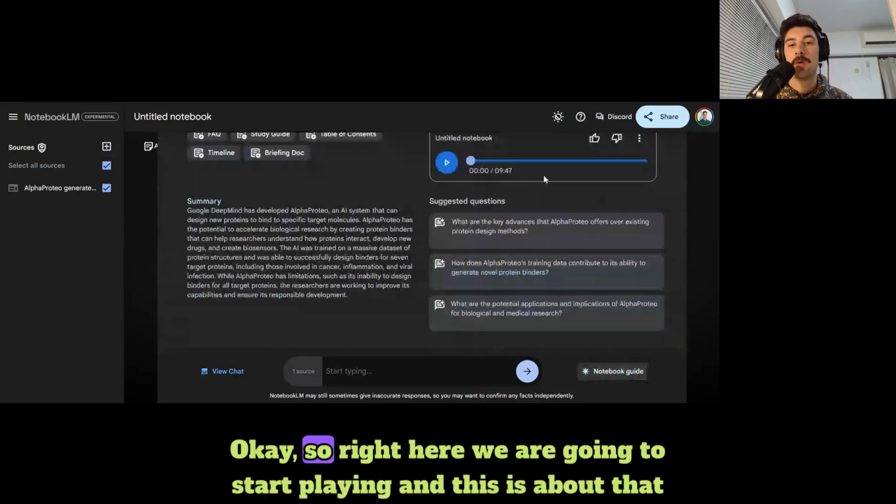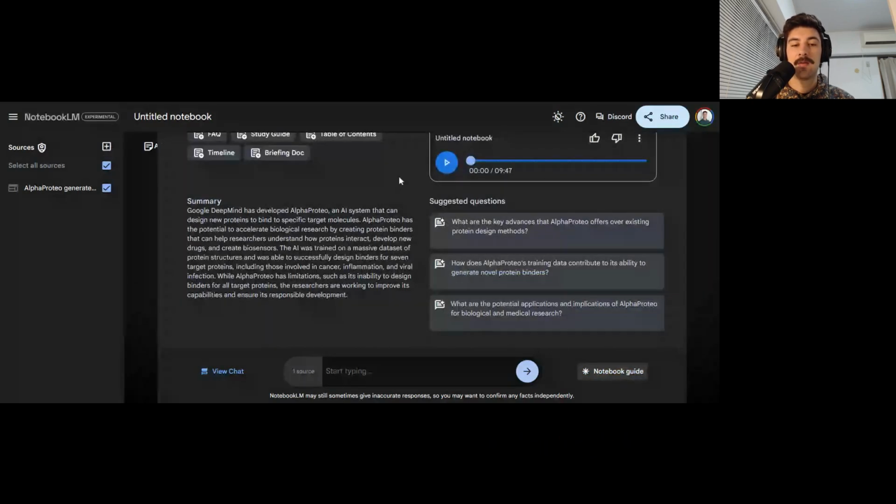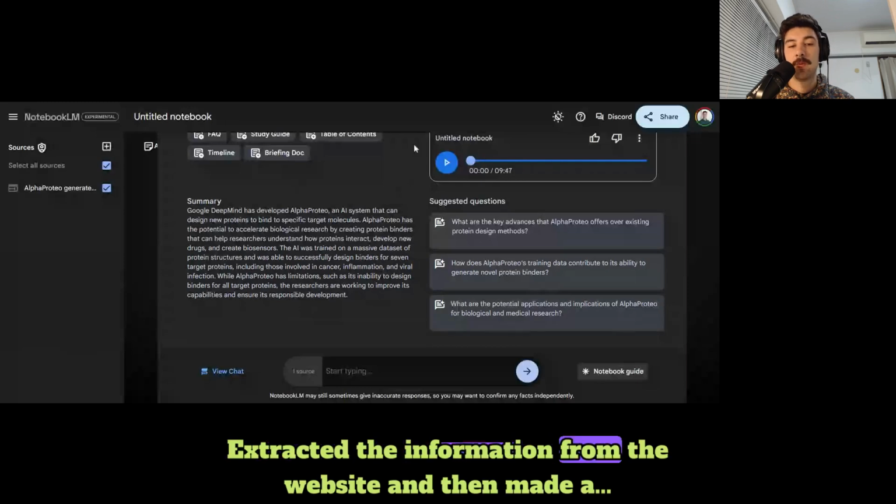Okay, so right here we are going to start playing, and this is about that document that wasn't even a document; it was a website. They extracted the information from the website, and then made a